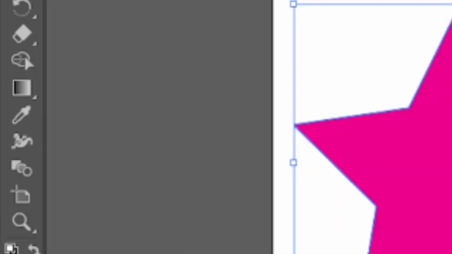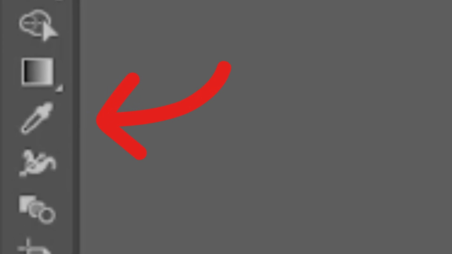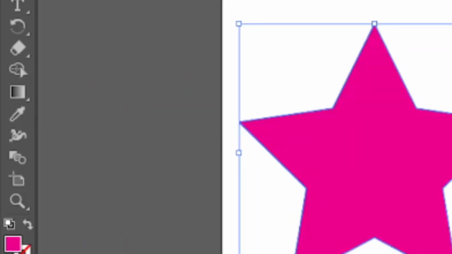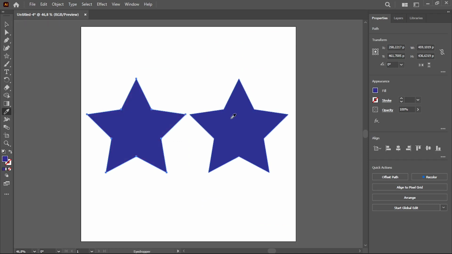The next tool is the Eyedropper, which copies and applies appearance attributes between objects, e.g., the color of a figure.